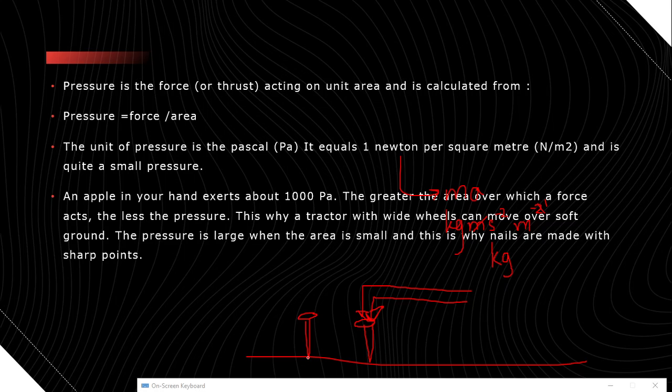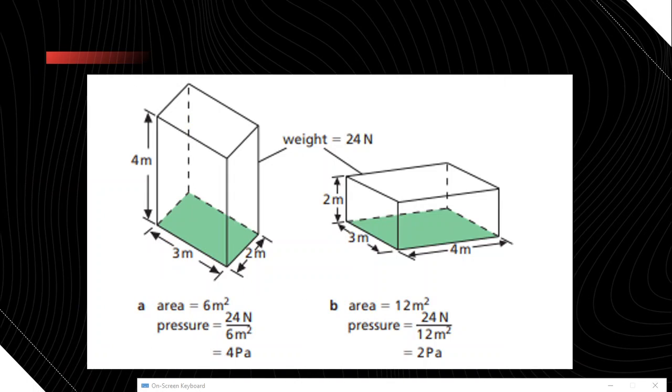So that basically is the concept of pressure and how we can tweak the area or the area distribution accordingly, with the kind of pressure distribution we want on an area or on an object. So now, this is a very interesting example: over here we have the same box,